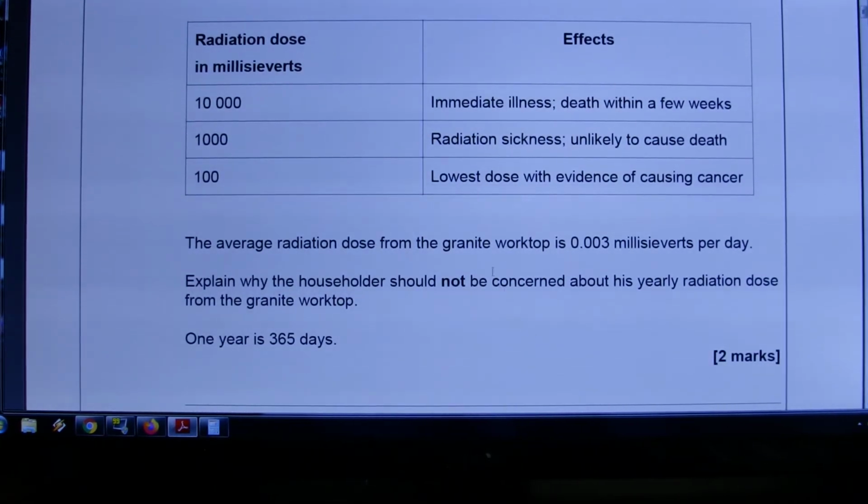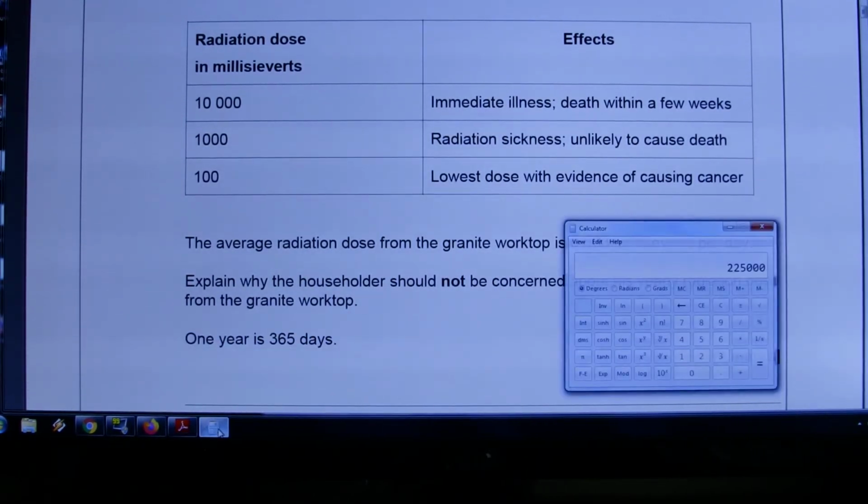Average radiation dose from the granite worktop is 0.003 millisieverts per day, compared to 100. Explain why the householder should not be concerned about his yearly radiation dose. And by the way, 1 year is 365 days. I love this. They provide an insert with formulae, but 1 year is 365 days. Well, it's not. It's 365.25, approximately. It's not even exactly that. Anyway,